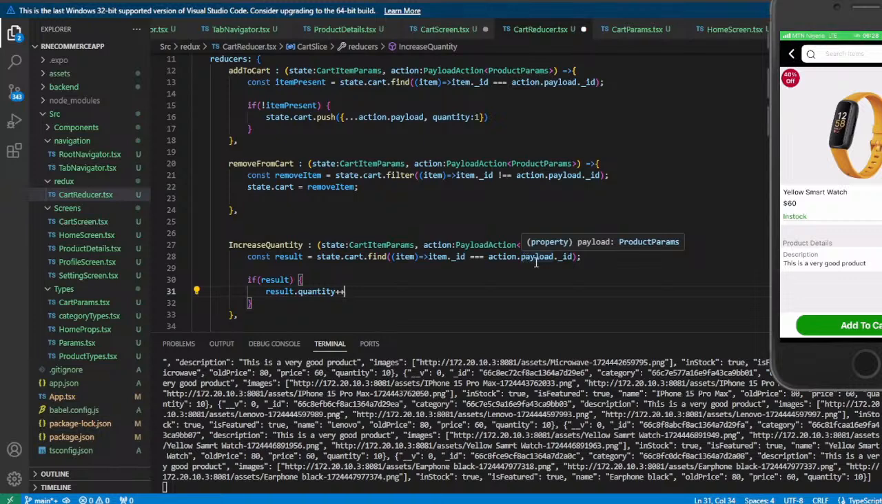If it finds a match, it will store the match in the result, and then we'll come here. If there's a match, then it should increase the quantity. That was why we said result.quantity, then plus. That's just the idea. And then we'll come here